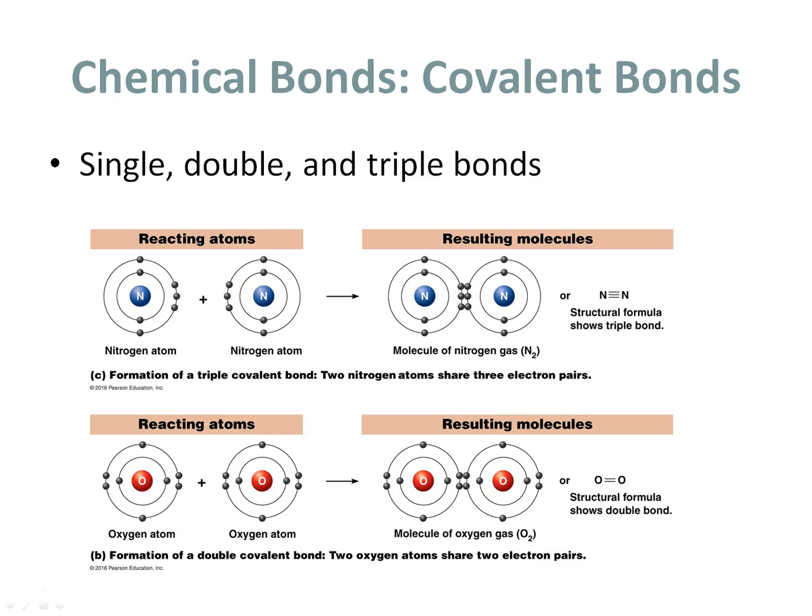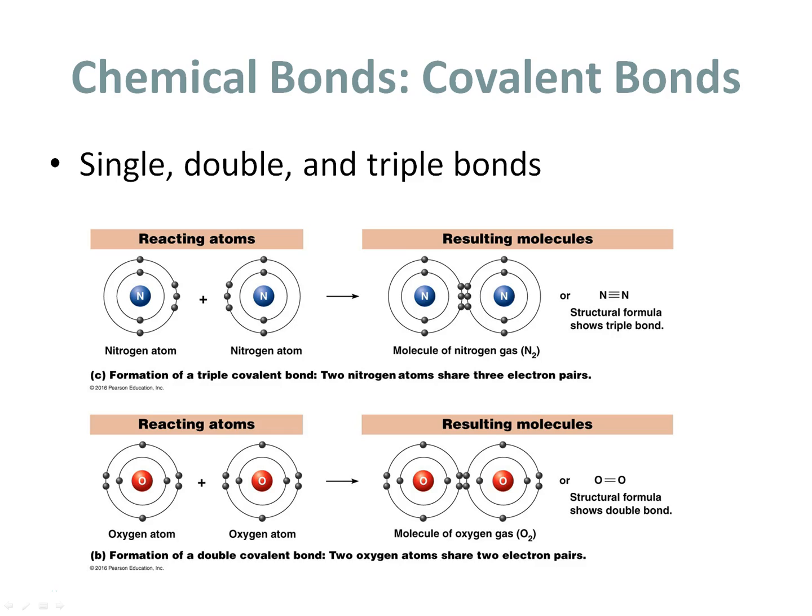The next type of bond we're going to discuss is covalent bonds. Covalent bonds are when 2 atoms share electrons. So one doesn't give it up and the other one takes it. They share. We can have single, double, and triple bonds, and that just indicates how many pairs of electrons are